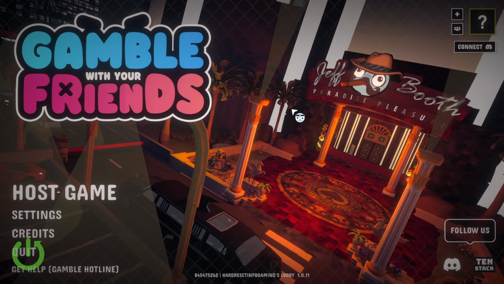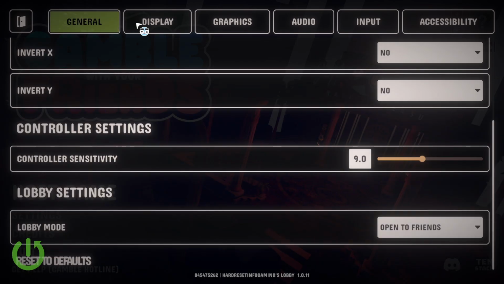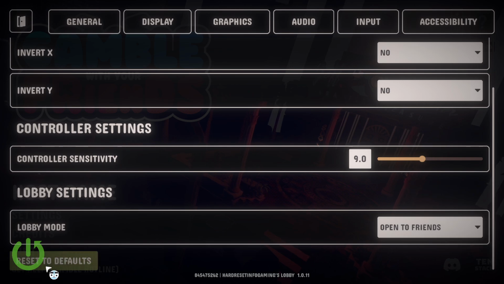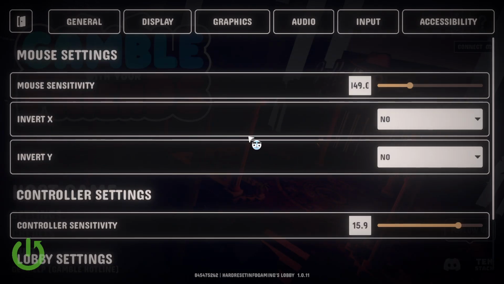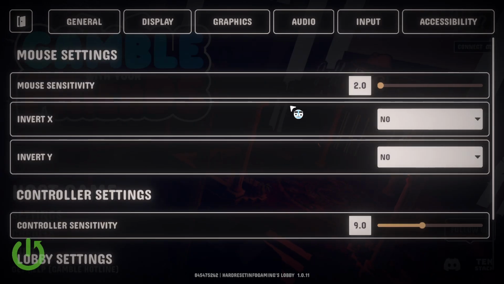Let's start off by opening the settings menu. From here, simply select the tab you wish to reset and scroll down. Then hit reset to default. Let me change some things right here, like mouse sensitivity and controller sensitivity, to showcase to you that it does